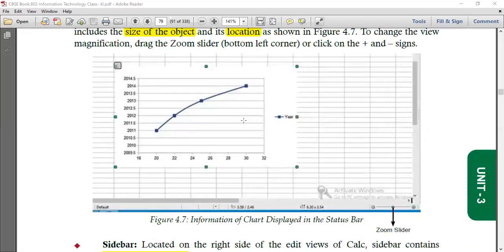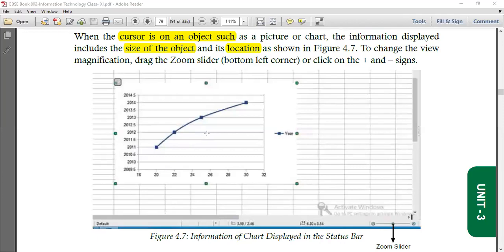Moving further, if we have applied some object on a sheet, like here you can see there's a graph, or even if we have added some image somewhere on the sheet, the moment you click on that image or graph or any kind of object that you've added, the status bar will show the location of that particular object on the sheet.